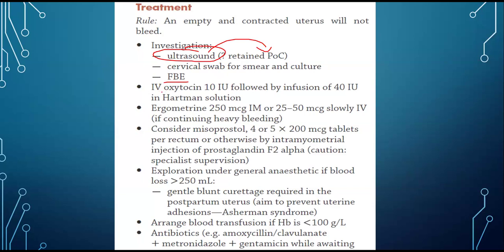You will also start the patient with IV oxytocin and ergometrine. You can give misoprostol, even injection of prostaglandin if the patient is persistently bleeding. Now, depending on what you get, if you get a retained product of placenta or conception, then you will need to take the patient to the operation theater and do a gentle blunt curettage to remove the product of conception. If there is no product of conception, and if you suspect there is a possibility of infection, then you